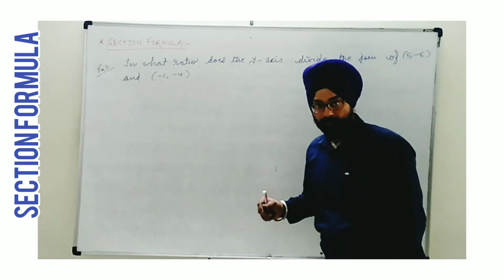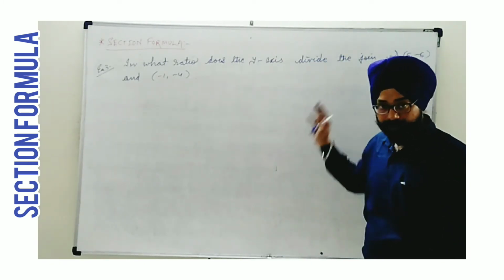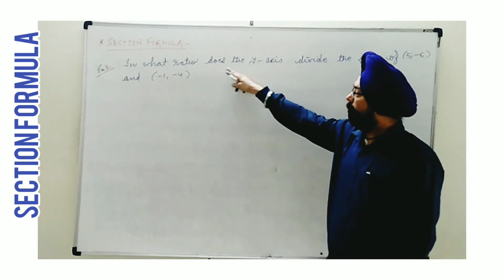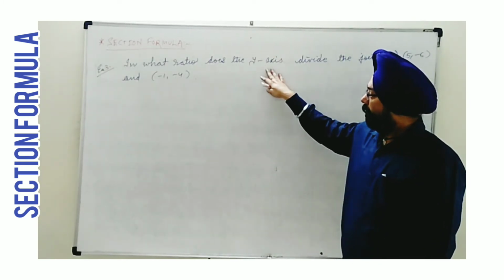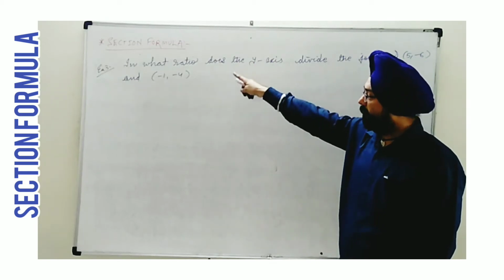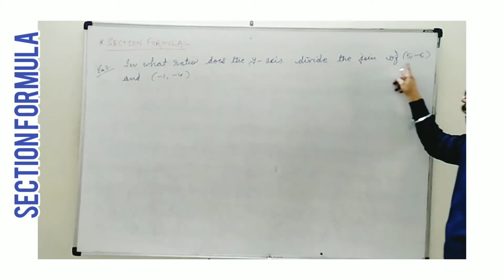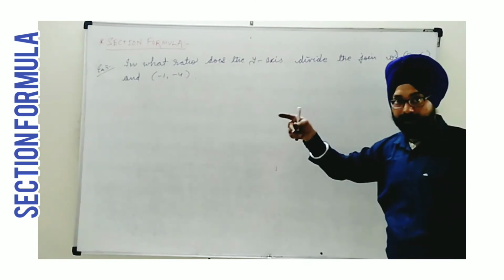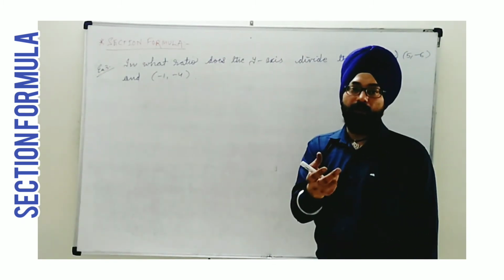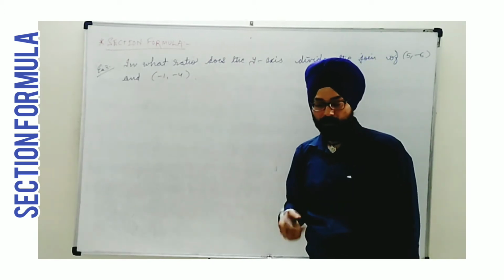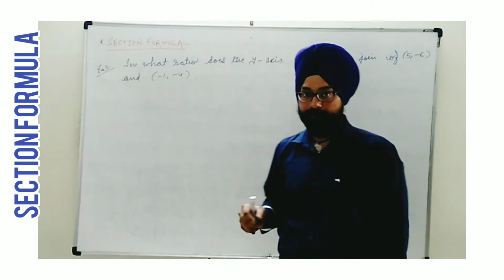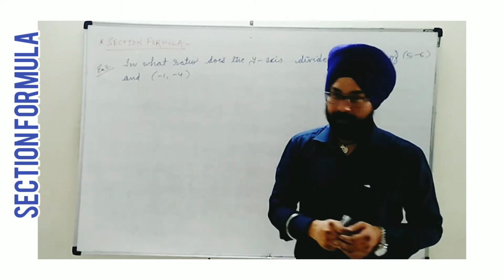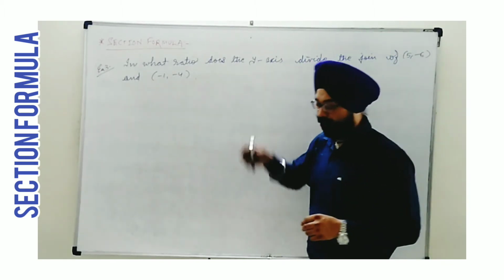Here I have taken one question. Again here we need to find the ratio, but a bit different. We are told that it's done by the y-axis. In what ratio does the y-axis divide the join of these 2 points? In the first question, the ratio was unknown to us. We were given the coordinates of the point. So we should know that in the concept, if one thing is unknown, the rest of the things should be given to us. But here we are not given any point.